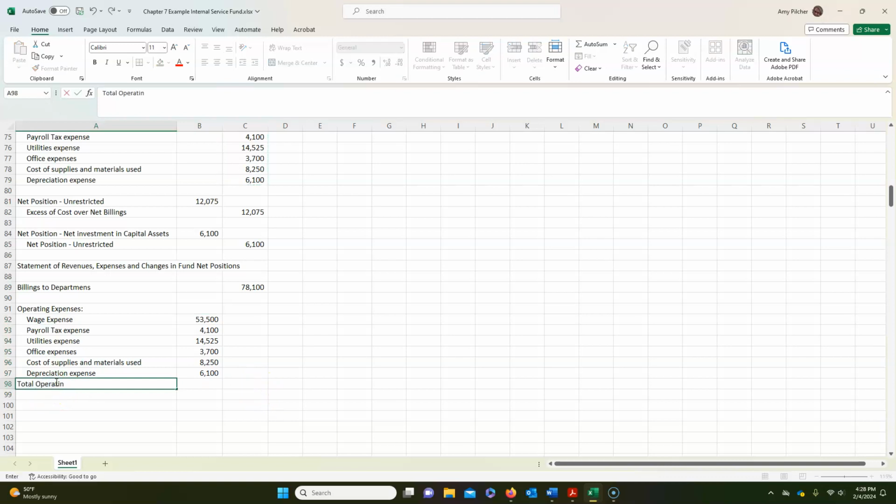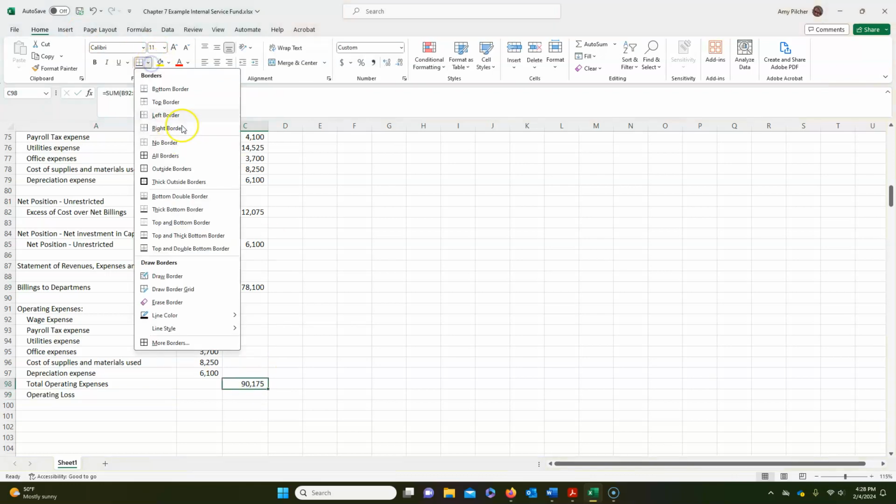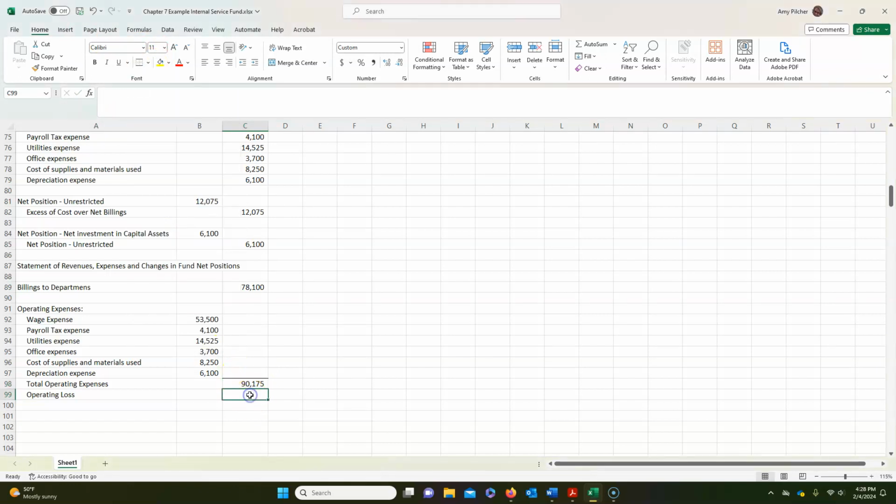Total operating expenses, pulling our sum, giving us an operating loss of $12,075. Then we have our net position